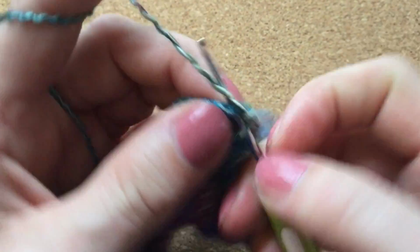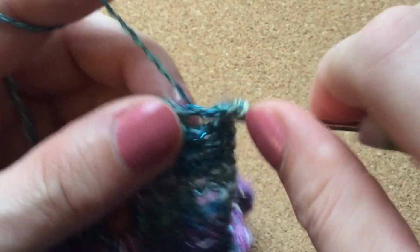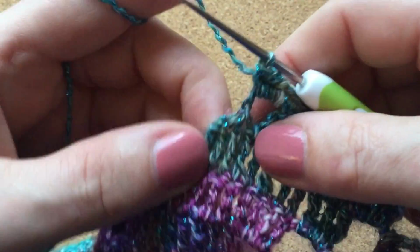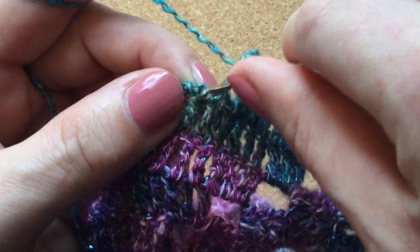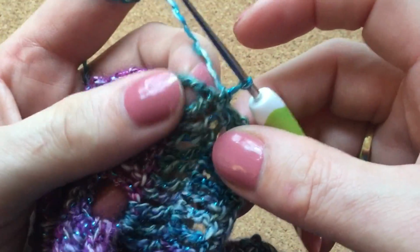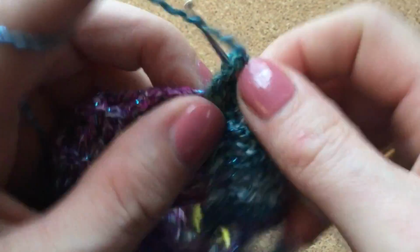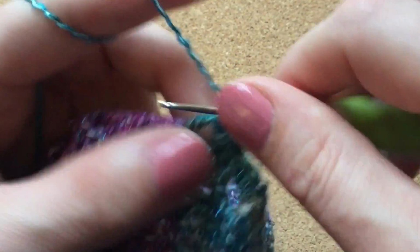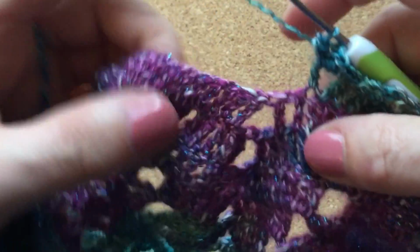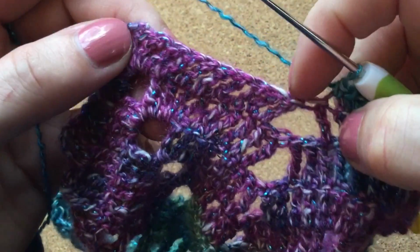Around the chain make 5 single crochet. 1, 2, 3, 4, 5. Then we have this little space here where we have 1 treble. Into that treble make a single crochet. Then into the next treble on the edge, on the second edge, that's where we had the 11 trebles, make 5 around that treble. 1, 2, 3, 4, 5. Then go to the next tip of the leaf, make a single crochet into every treble all the way